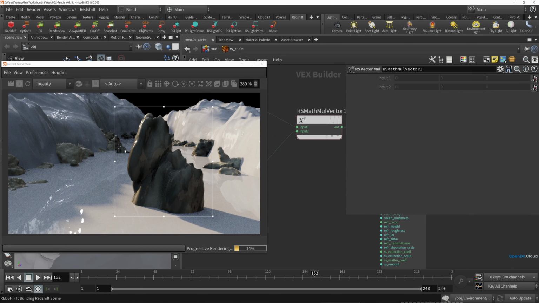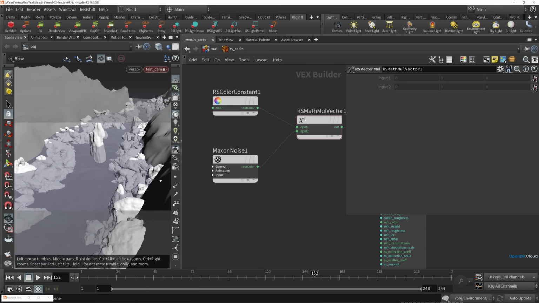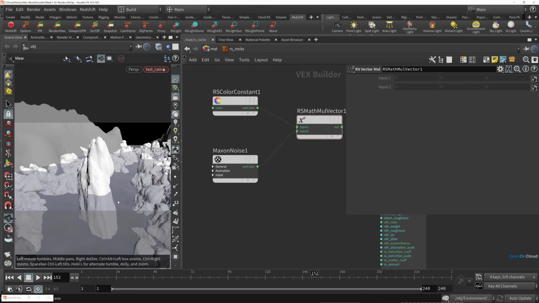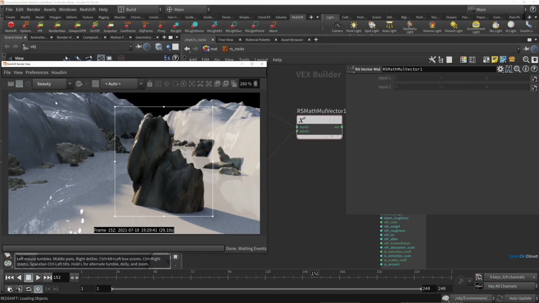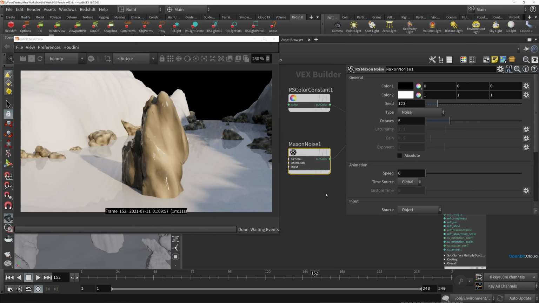And right now we're on the shadowed side of this, so it might be a little bit harder to see. So I'm actually going to stop this render, and let's go back to our camera view here, and let's pan it around so we're on the sunny side of this rock. Might be a little bit easier to see the noise this way. And we'll restart that render once again. So now we have some nice color variation happening from that noise,